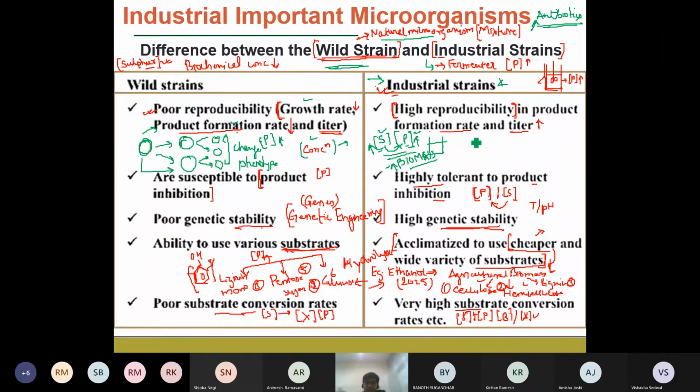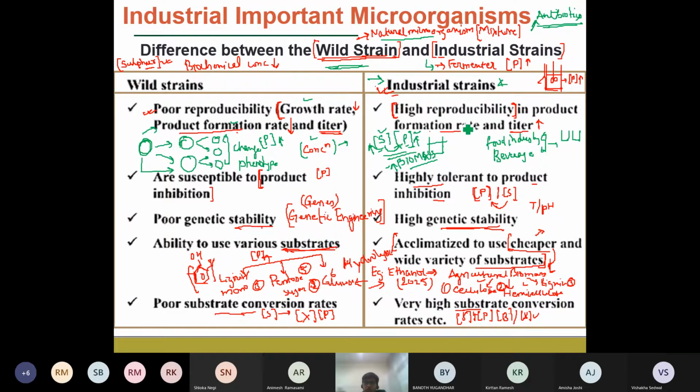So for example, if you are looking at the food industries or the alcoholic beverage industries, they would like to have the quality of the product, the concentration and the yield of the products be almost constant. The quality should be consistent, so that every batch they produce is not different from the other batch. So how do they maintain such consistency in the quality of the products?